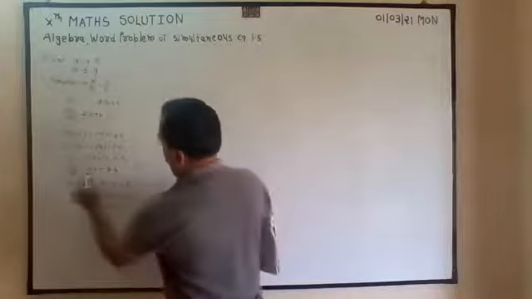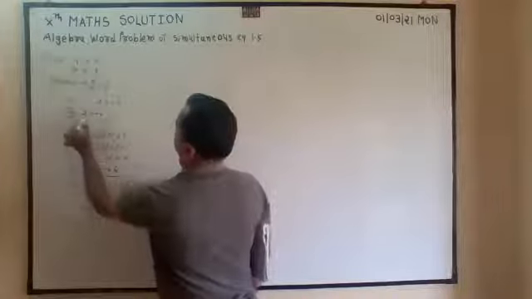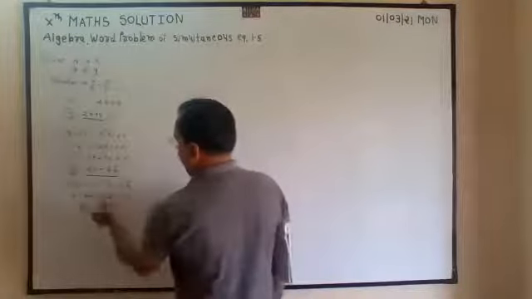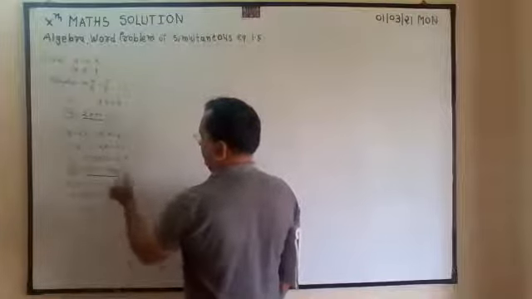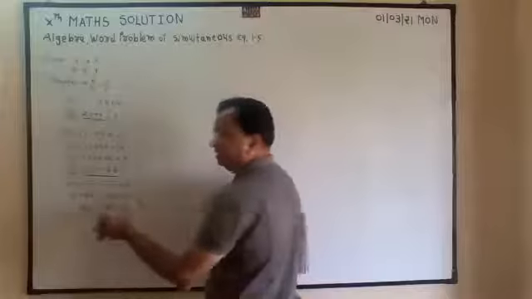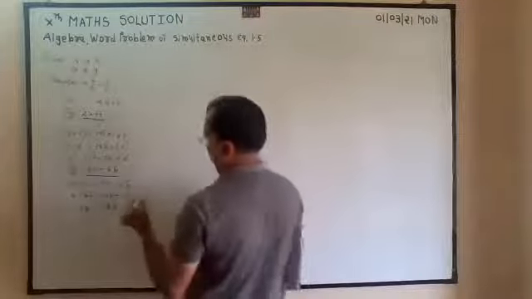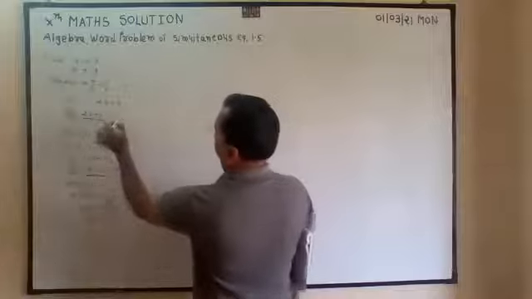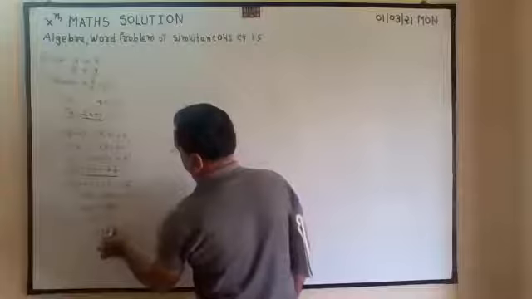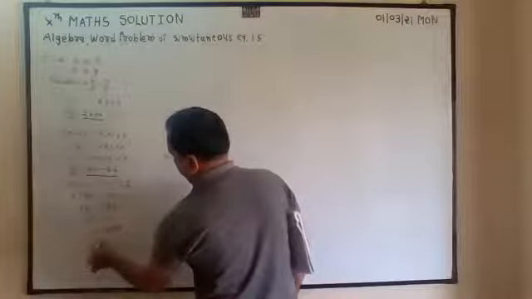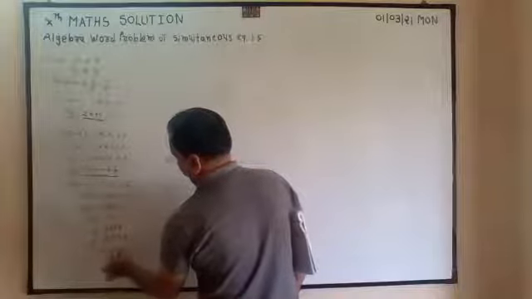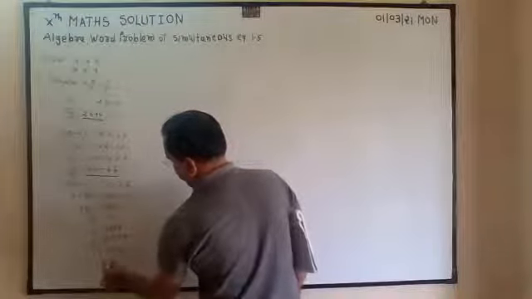So this value and this value are equal. I have written it in opposite. So 12x minus 2x, 4 minus minus plus 66, 70. You can cut the zeros or divide by 10. So x is equal to 7. In any simple equation, I will substitute in this. y is equal to 2x plus 4. So y is equal to 2 times 7 plus 4. 7 twos are 14 plus 4. It is 18.